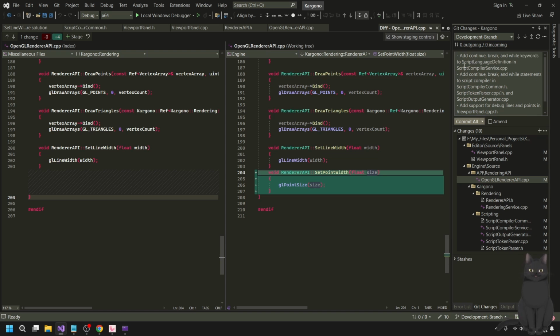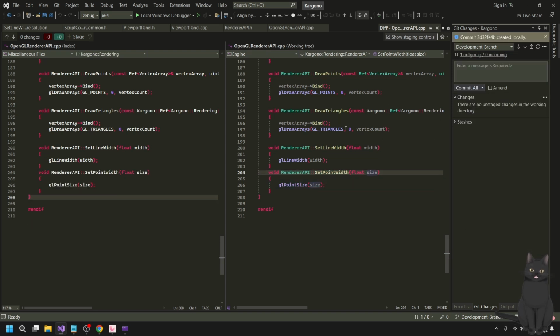Okay. Lay groundwork for Pong v2. All right, that commits it.